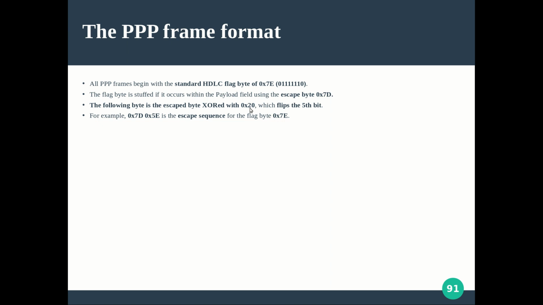What is 2 in hexadecimal? Hexadecimal 2 in binary is 0010. Somewhere please note this down. Just write it in binary. Hexadecimal 20 in binary will be 0010 followed by four zeros. You perform the bitwise XOR operation with 7E. You don't have to worry about the E. E is 1110. When you XOR it with 0, it results in E itself.